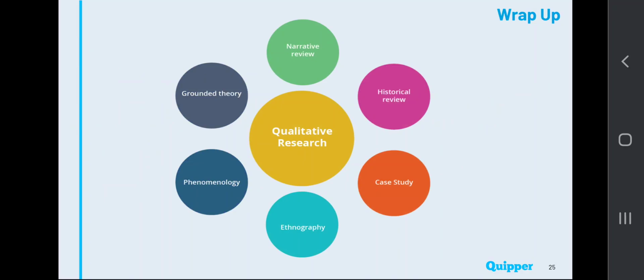Now, if you are going to sum it up in one context, the qualitative research has different types or has 6 types of methods that we can utilize. We have the narrative review, historical review, case study, ethnography, phenomenology, grounded theory. So all of these types of qualitative research can be utilized according and depending to the research questions and the